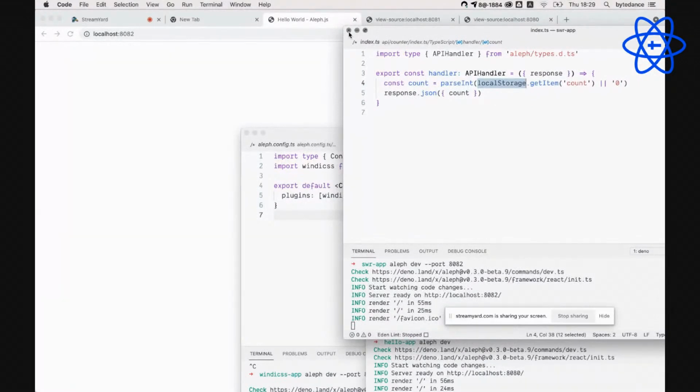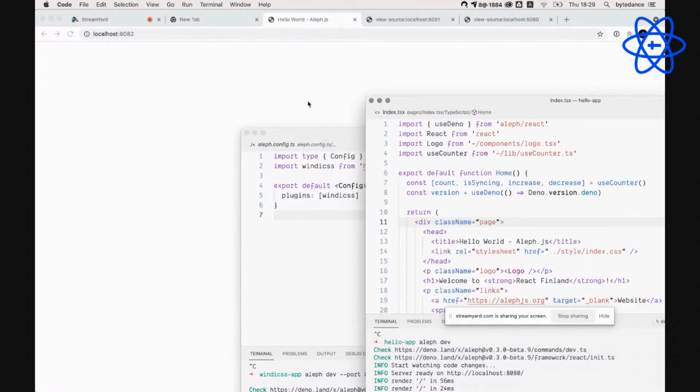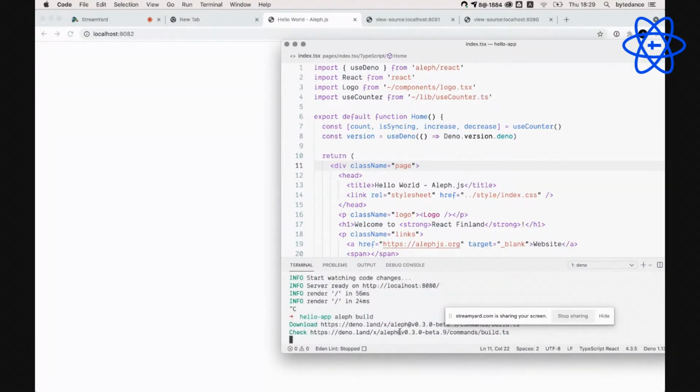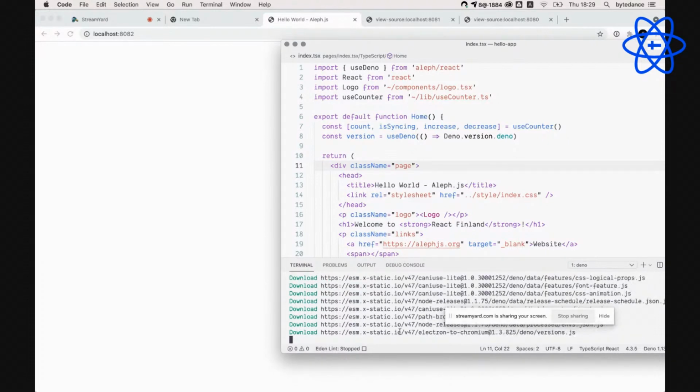I close this here. So I can just run alif build. There's some downloading.